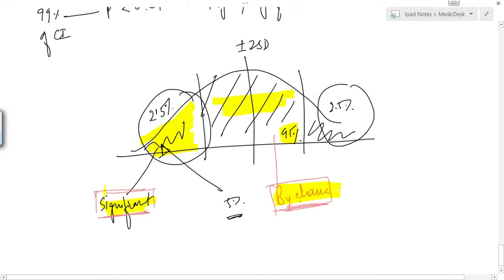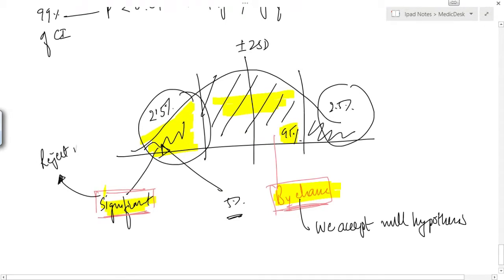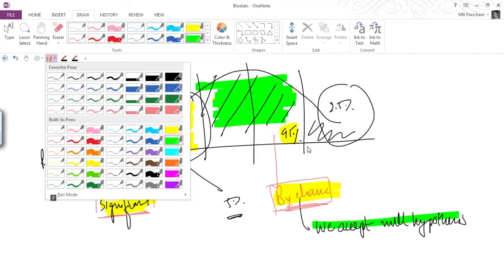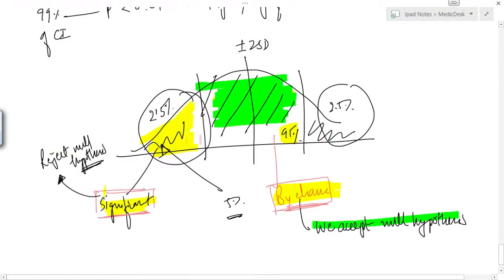Therefore, when the value is not significant, we will accept the null hypothesis, and if the value is significant, then we will reject the null hypothesis. So we accept the null hypothesis when it is in the 95% confidence interval. This is also called the zone of acceptance, while when the value is in the 2.5%, this area would be the zone of rejection. Okay,